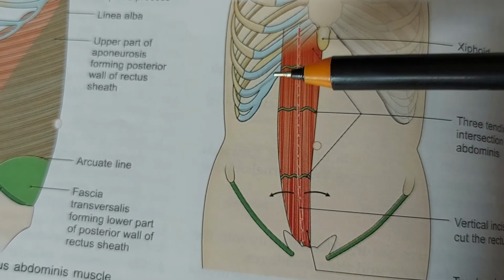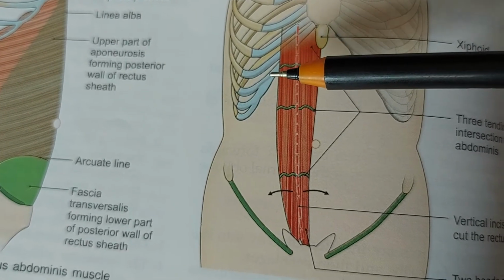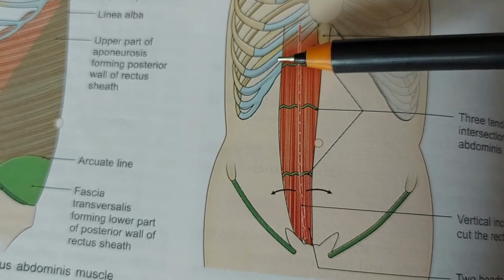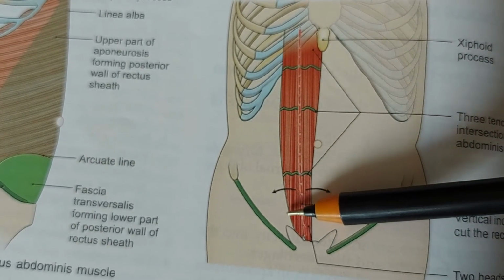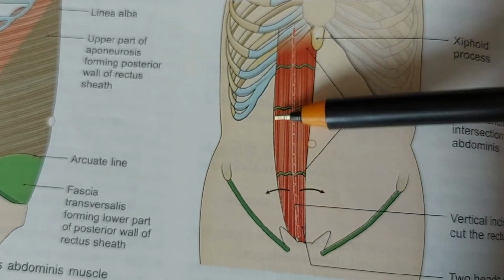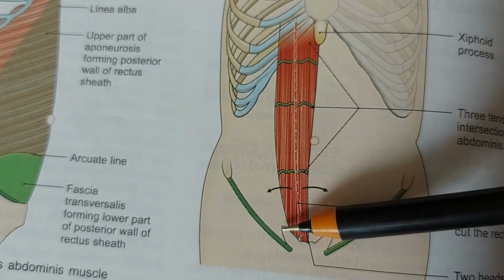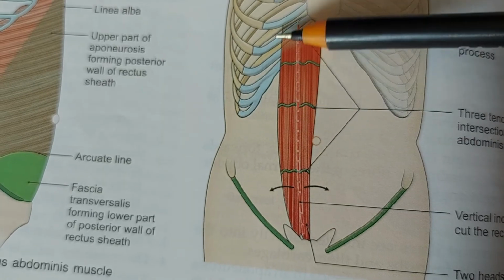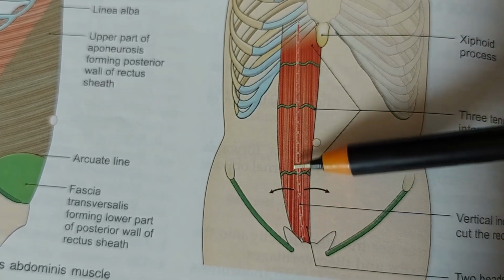Here is the 7th, 8th, 9th. From here we can see there is the lateral border of the rectus abdominis, and this is the pubic tubercle. So this line is the linea semilunaris, and here we see this is the rectus